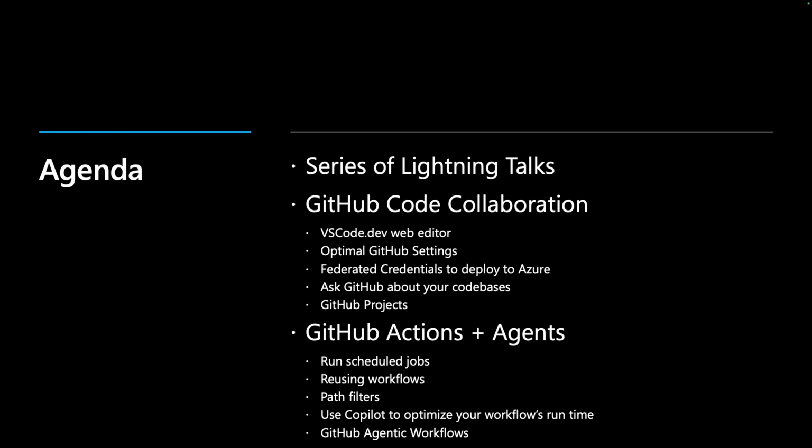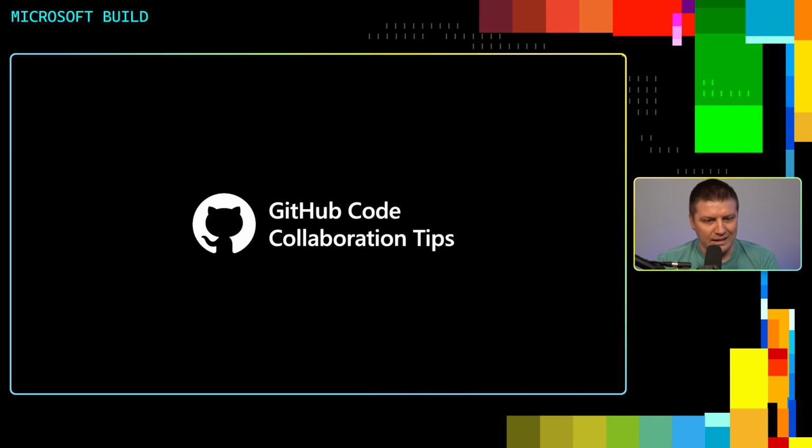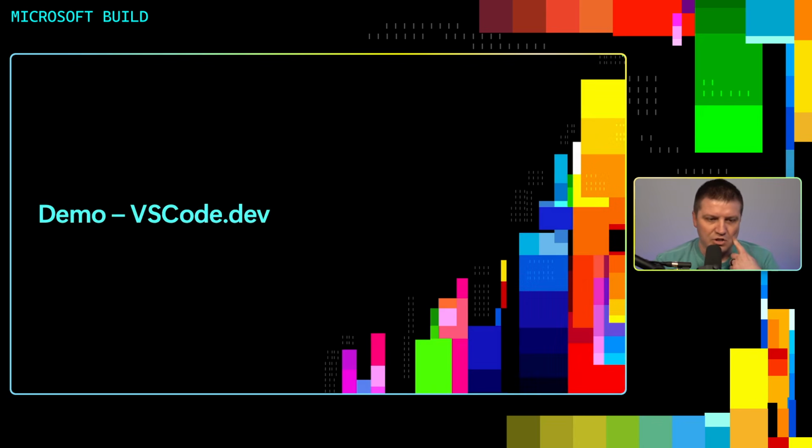So we'll talk about all these different things, but it's kind of grouped into two buckets: GitHub code collaboration and then GitHub actions and agents. So we'll go into a few different things from those two different sections. So let's go ahead and get into it and talk about some code collaboration tips. So let's first talk about